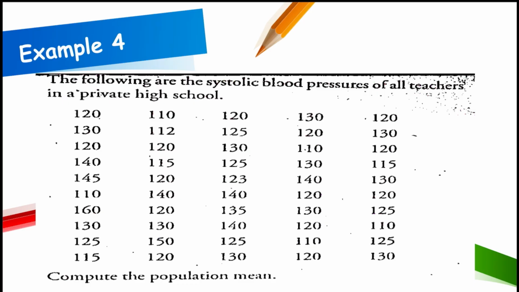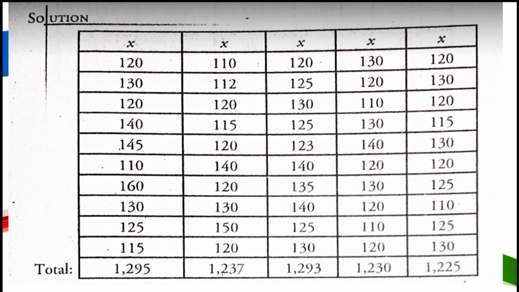Now, let's have last two examples. For example 4, the following are systolic blood pressures of all teachers in a private high school. Compute the population mean. To compute the population mean, let us put in a table. Take note, there are 5 columns in this given table. Therefore, in each column, we have 1, 2, 3, 4, 5, 6, 7, 8, 9, 10. And we have 5 columns, right? So 10 times 5, meaning there are 50 systolic blood pressures or 50 teachers. Okay? So the sum for each column is